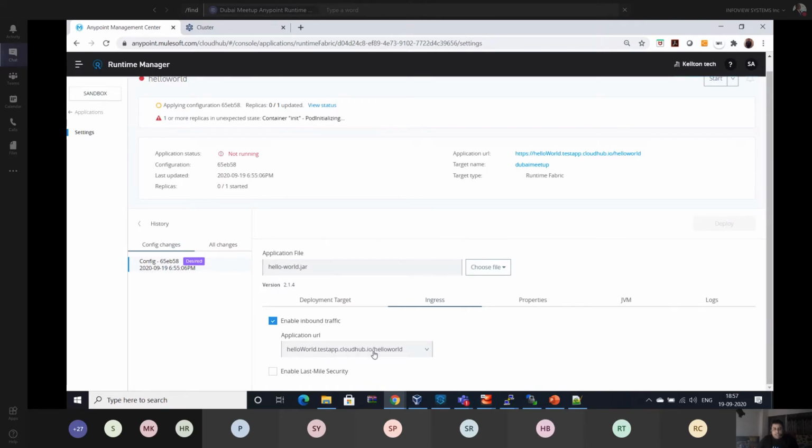certificate for this URL. Whenever you are going to create a certificate, you have to provide the URL to access the services. I have created it for this URL. You can change the .com, .in, something like that, but that needs to be mapped with your DNS or load balancer, whatever you are configuring. Okay, because this is internal only. Your application, you cannot access through the IP. The application which we are deploying in Runtime Fabric, you cannot access through the IP. You have to configure it in Ingress.